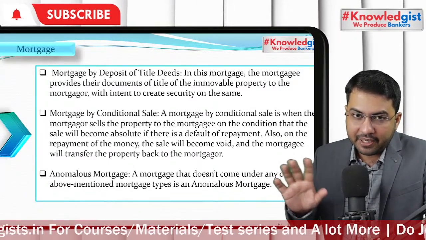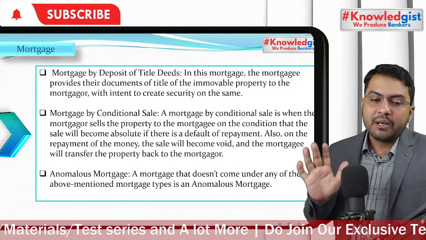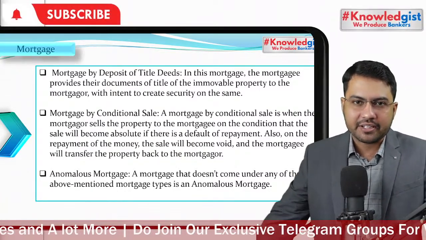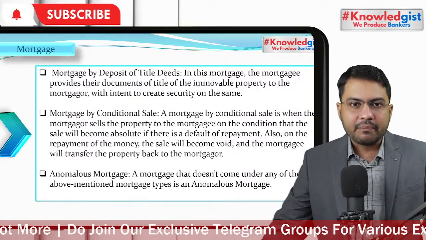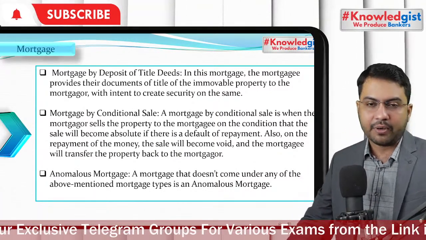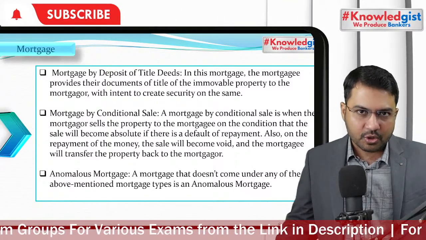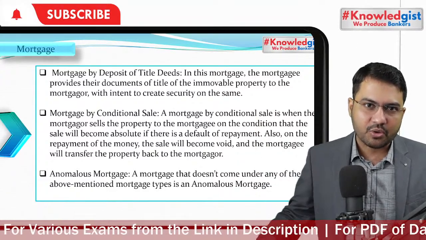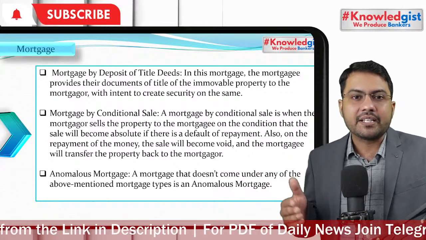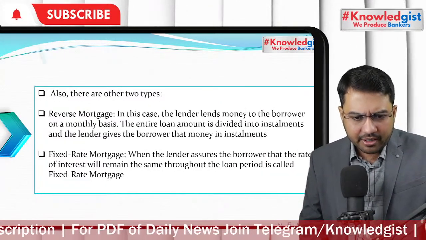Okay, but remember, properties cannot lie with any bank forever. Banks can only have properties in their name if they are using them for their own purpose. Banks can buy or sell properties for their own needs, right? But if a borrower has defaulted and the property comes to them, the property that goes to the name of the bank needs to be immediately sold, immediately auctioned. Maximum they can hold properties for 7 years if it is not for their own use. Clear? Anomalous mortgage is any mortgage not covered under here.